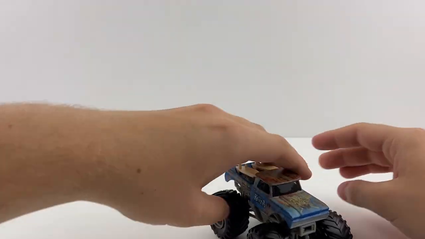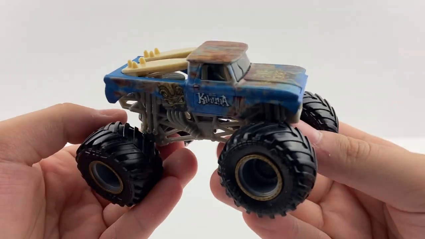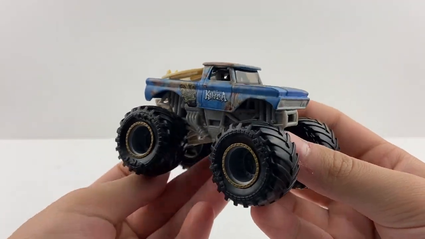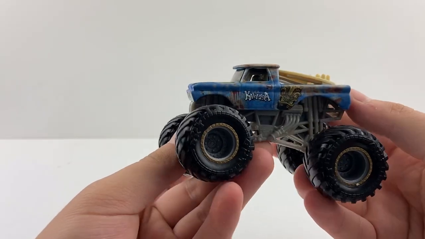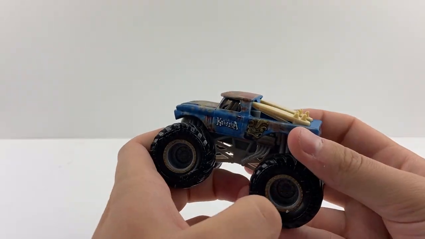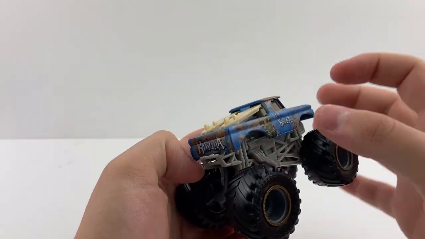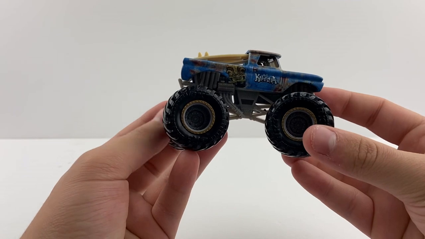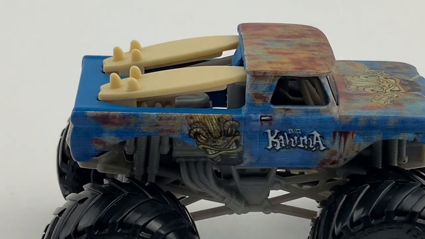And here's Big Kahuna making his return. He rolls perfectly right out of the package. We absolutely love that. And here is the version of Big Kahuna, or the Series 26 version of Big Kahuna. The golden beadlocks just look absolutely outstanding on this truck. It really helps this Big Kahuna pop out, and I think it's a great added touch that Spin Master has